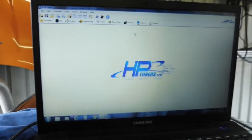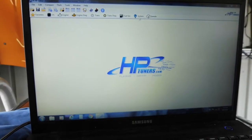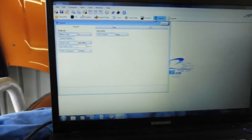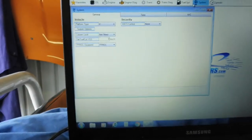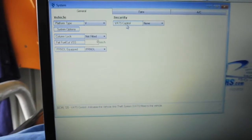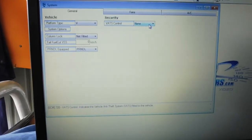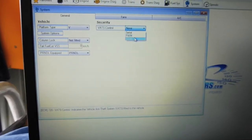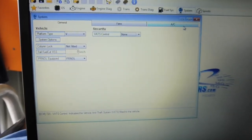And once it's saved, you can go into the system part of the program here. So it'll focus, I don't know if you can see that. Then in system general, you'll see it'll say security VATS control, and that has to be on none. Normally it's on serial, so it has to be on none. Once that's on none,